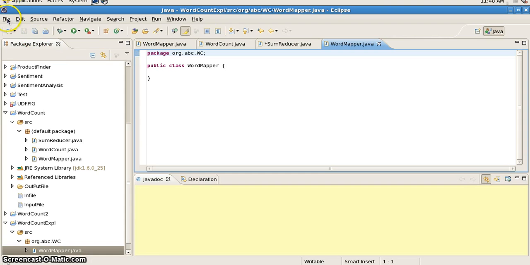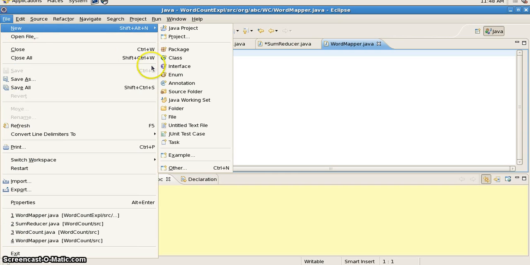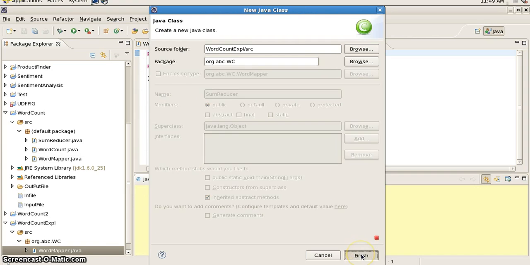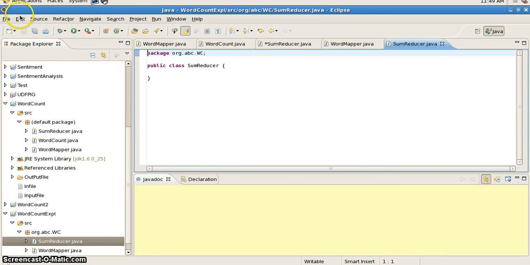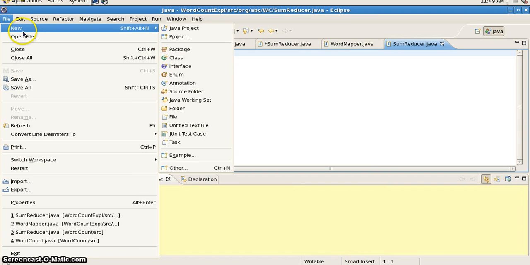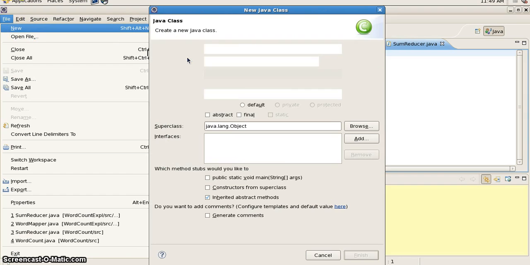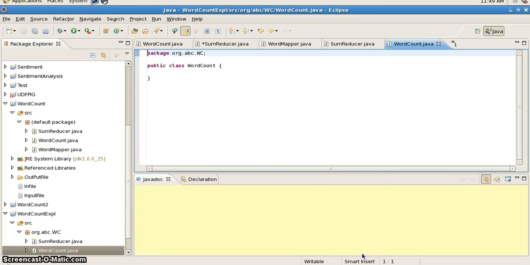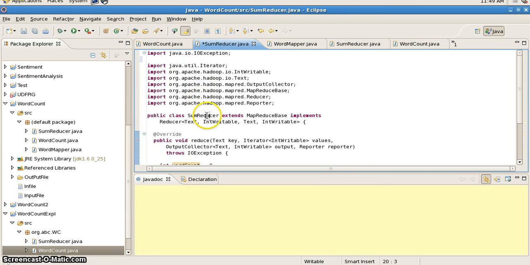And the second thing would be my sum reducer. Finish. And the third thing would be my driver class, which is nothing but my word count. Finish. Okay, I'll just copy these codes there, from reducer to